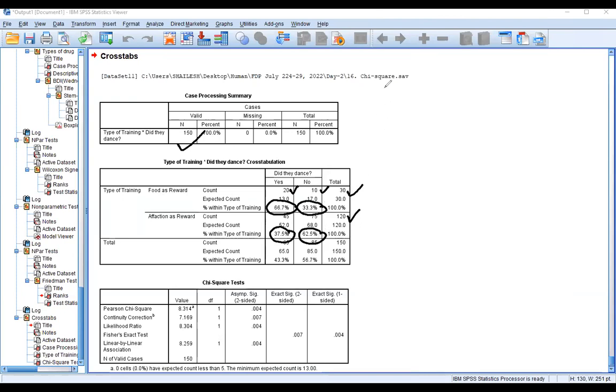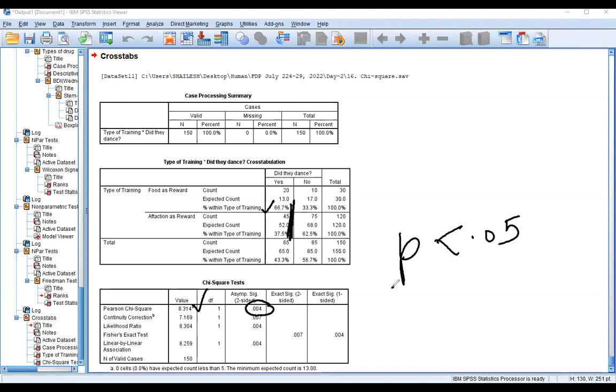It means from the data you can see food for animals works more than affection. But whether this difference is significant or not, this chi-square test tells us: 8.33 and significance value less than 0.05. It is 0.04. So it is less than 0.05. So we can generalize that for animals food as a reward is more important than the